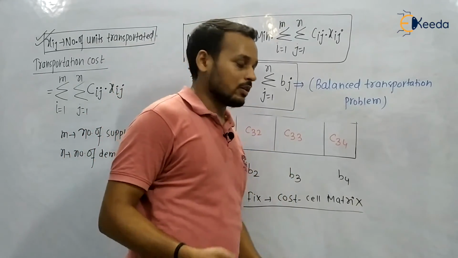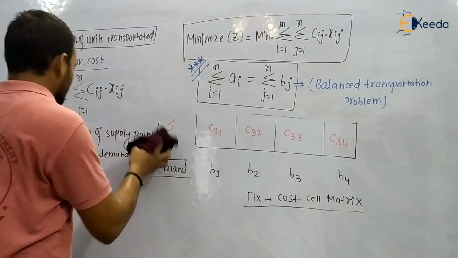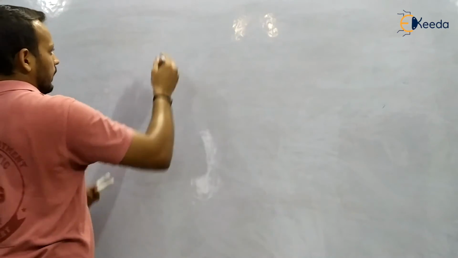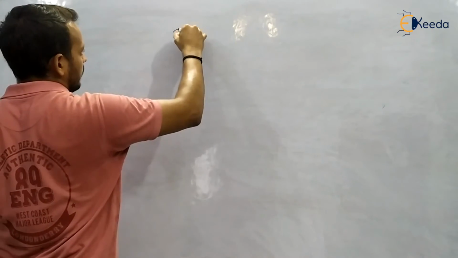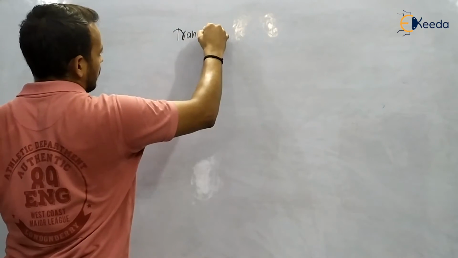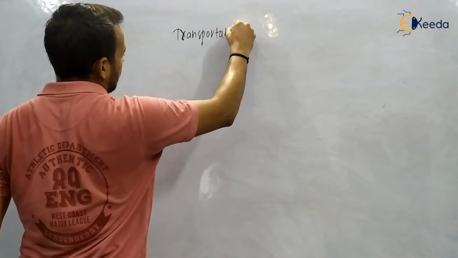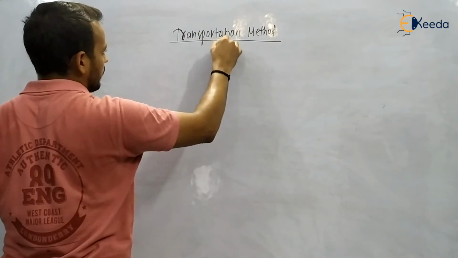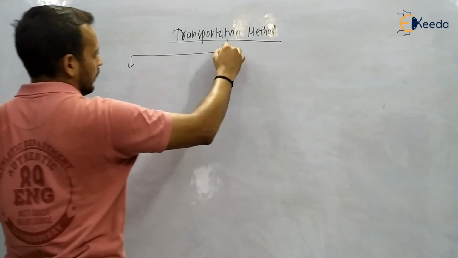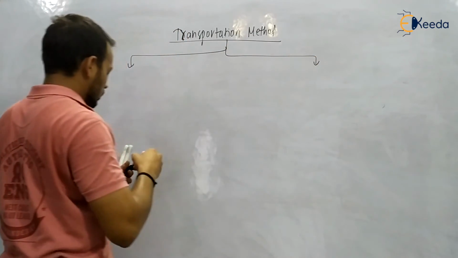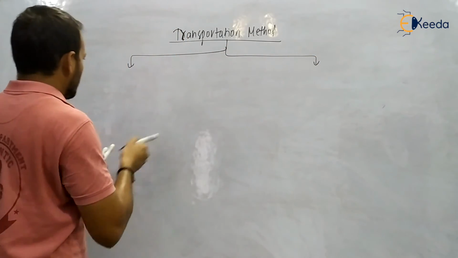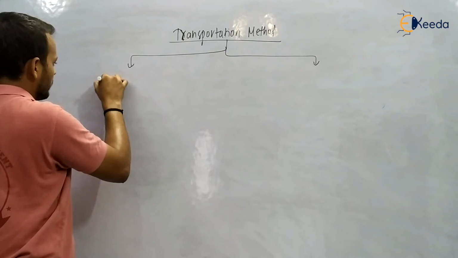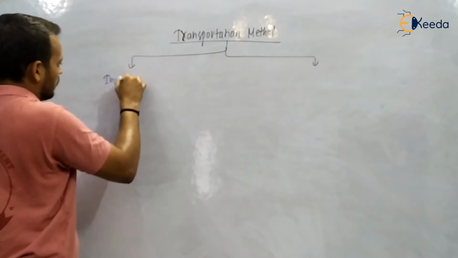There are some methods in the transportation problem. When you say transportation method or transportation problem, it has certain different methods, and we will see each and every method. The first method is all about the initial basic